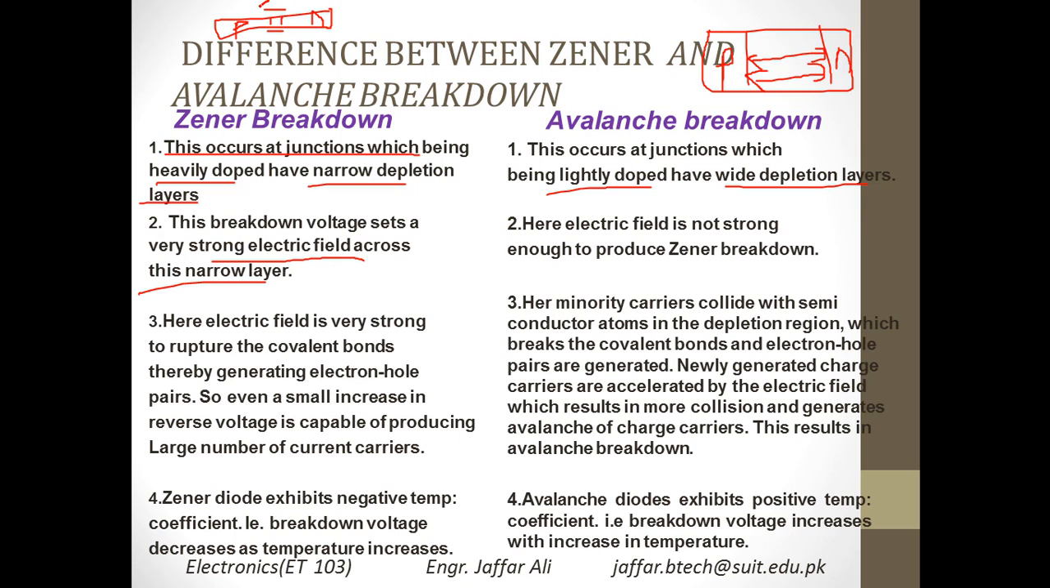The electric field is very high because the distance, or you can say the barrier, is very thin. In the avalanche effect, the electric field is not that strong to produce enough Zener breakdown voltage. So you have to come up with a very high voltage because the electric field is not that strong, because of the width, which is too high in the case of avalanche breakdown. Here in the Zener diode, the electric field is very strong, and it ruptures the covalent bonds, thereby generating electron